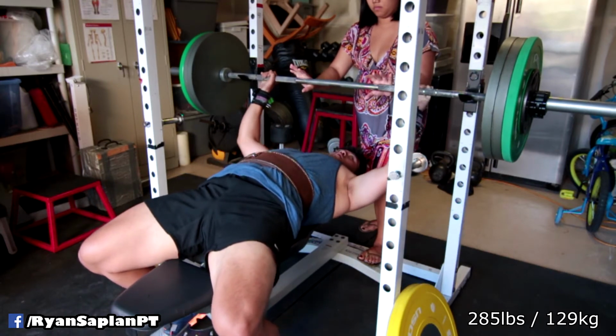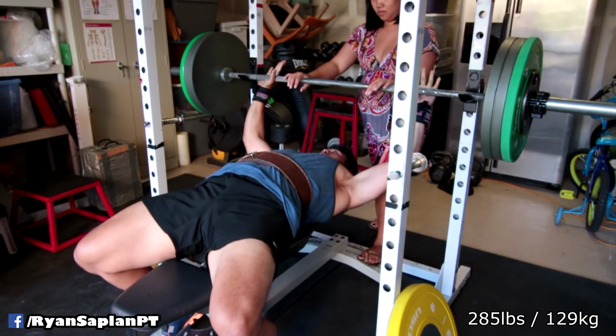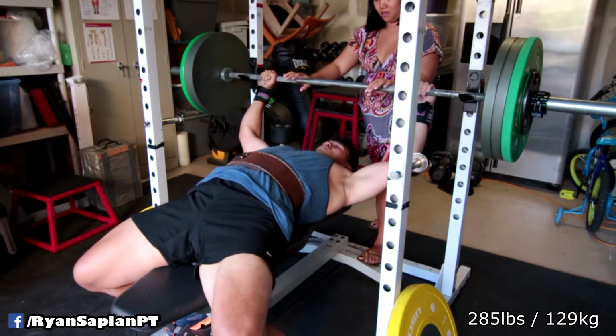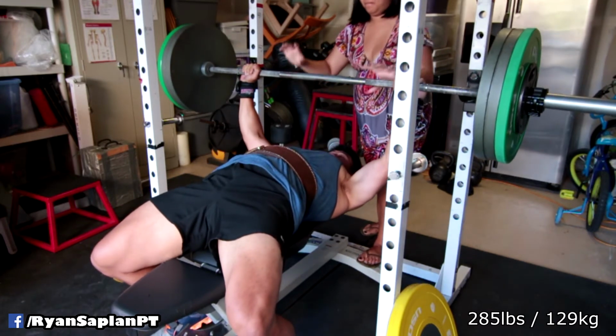You can see here I kind of messed up when I lifted off because that was kind of a wrong signal to my wife. This is kind of the reason why I don't like people lifting off from me, because it's really awkward. But at this point, I really do need to start getting a lift off, because it's the only way I'm going to grow, and I'm going to need other people to help me lift off. So I lift my hips off the bench, set it down,